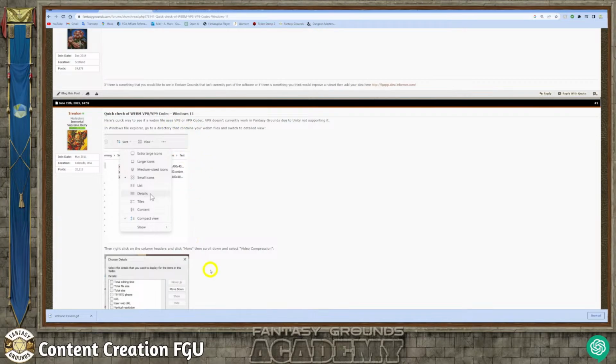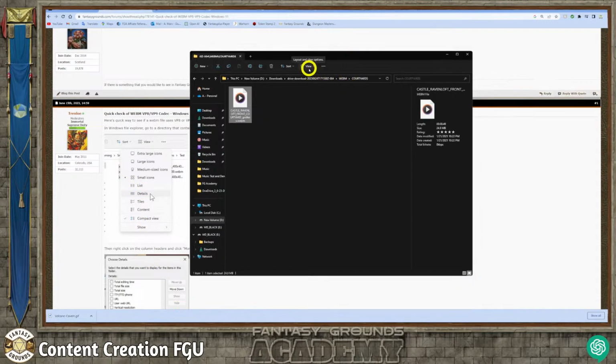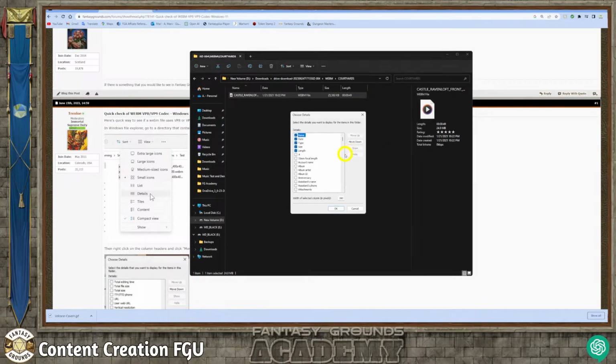So what you'll do is change the view of the window. If I go to this window here, this is Windows 11. This also works in 9, but it's slightly different. If you go to View, you go to Details, and then up here there are these rows which go across. These are your columns. So if you right-click where the columns are supposed to go, you click on More, and then you can come down and scroll to Video Codec, which is going to essentially give you what the format was for this particular